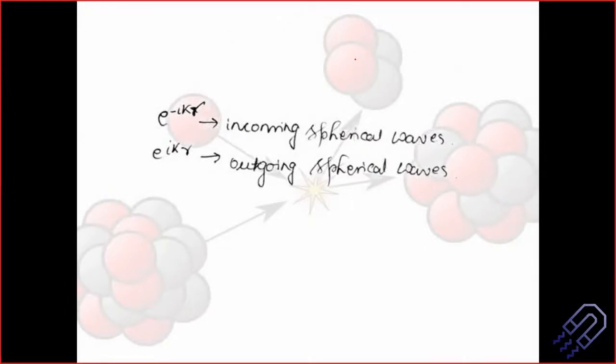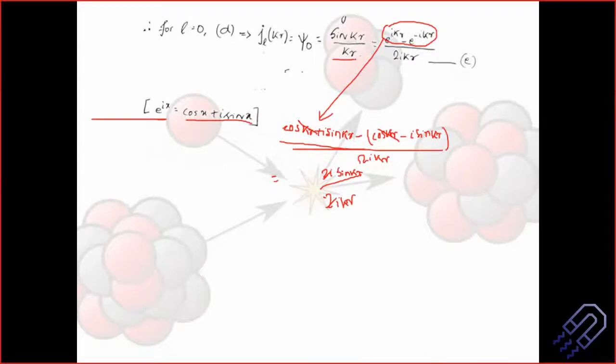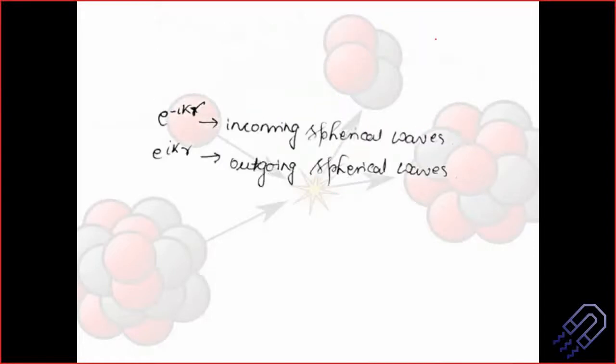And what does this represent actually? We have got two waves here. One is e to the power iKr and one is e to the power minus iKr. What do these two waves represent? One of them represents the incoming part and the other represents the outgoing part. So the entire information of the wave is actually here in this equation itself. This is the beauty of using mathematical physics and Bessel function. So e to the power minus iKr will represent the incoming spherical wave, and e to the power iKr will represent the outgoing spherical wave.